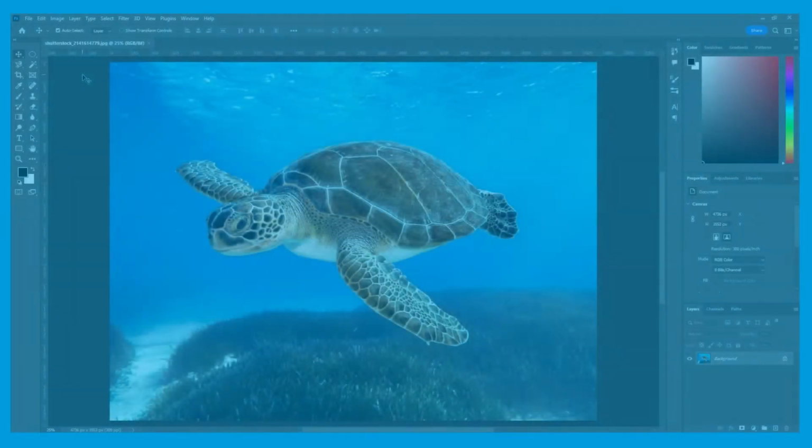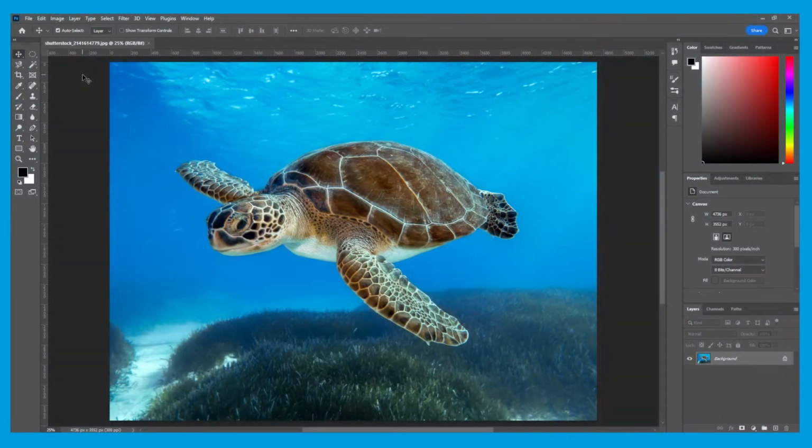In this section of the video, I'll be showing you how to use a magnetic lasso tool and the pen tool to cut out images. Unlike the polygonal lasso tool, which you use to make straight edged selections, the magnetic tool can be used for images with a curved edge and a straight edge. It's still not the best tool to use for cutting out images, as it's not consistent and you don't have as much control over the cut.